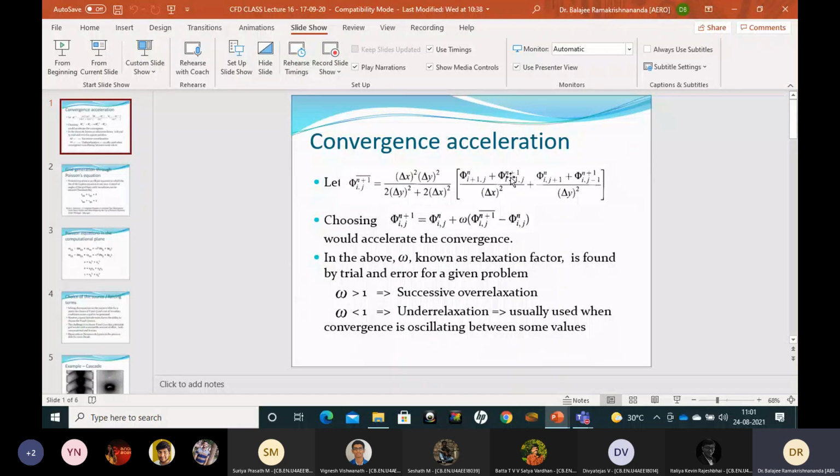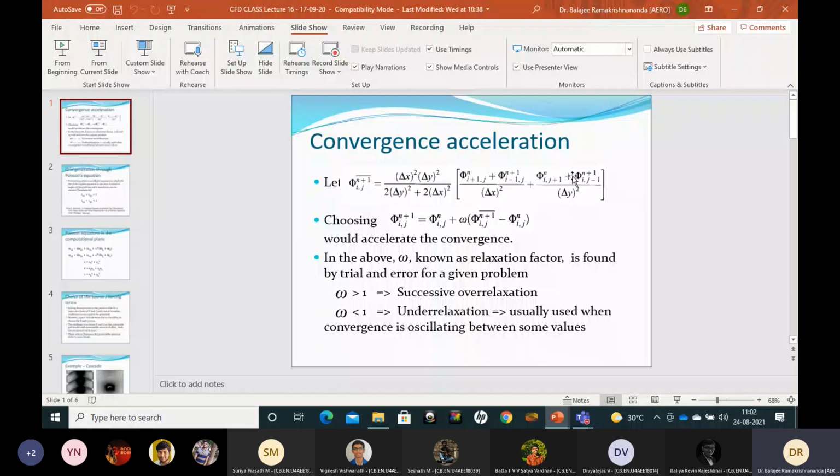Last time I thought you need to have two different arrays. But now if you look at this, I comma j minus 1 and I minus 1 comma j would have been done already by the time you reach this I comma j. So you have the fresh new values which you can use for convergence at I minus 1 comma j and I comma j minus 1. That is why we put phi at n plus 1. The right hand side is known already if you loop normally from 0 to I and 0 to n. That is why on the right hand side you have this n plus 1 superscript.